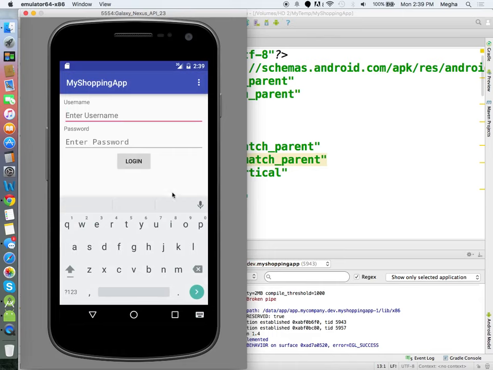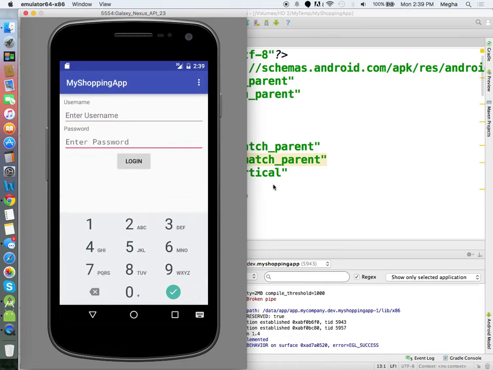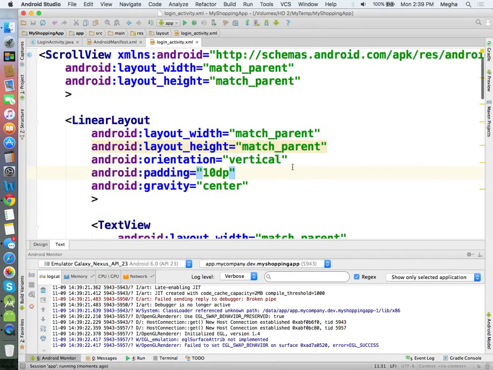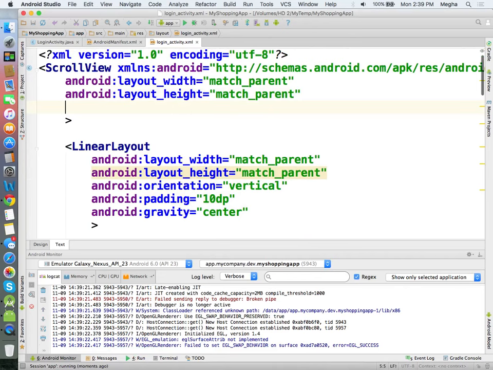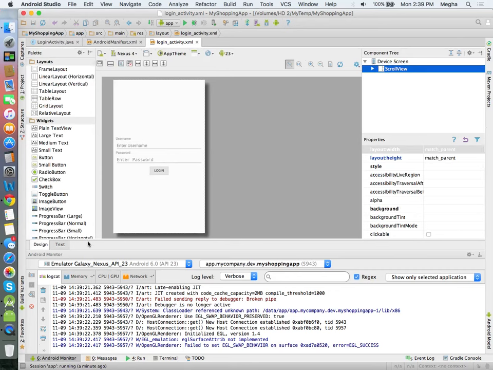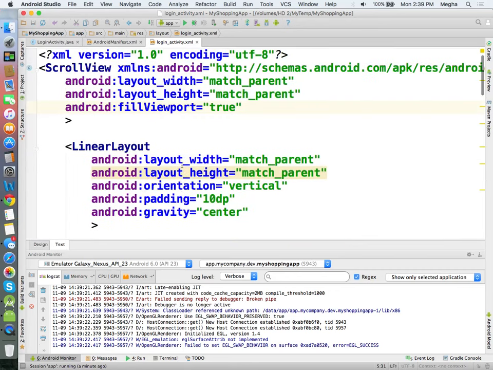Something I lost here, but anyway, it went on the top. So let us bring it to a specific position. The scroll view did not occupy the screen. There is fill viewport, set to true, so the scroll view occupies the entire screen. Okay, now it is fine. Fill viewport means a scroller by default will not occupy the entire space. Any left space available, it will simply leave empty. Right now I'm saying, okay, scroll view, you occupy the entire space. In that, the linear layout is going to be there. It's going to occupy the center position.